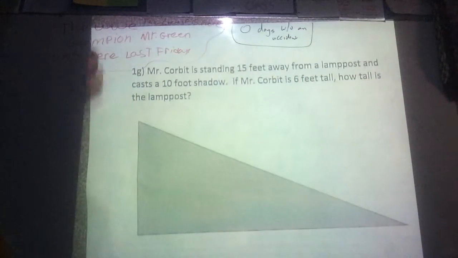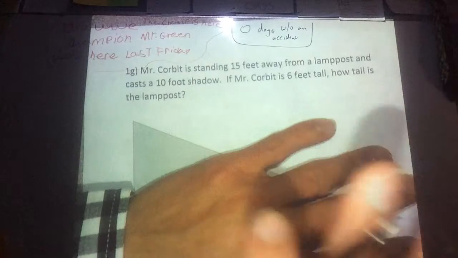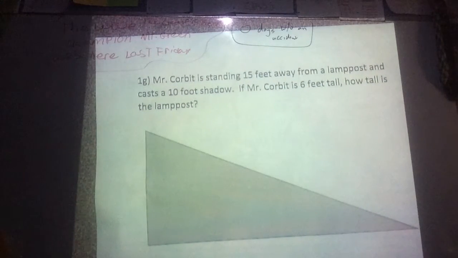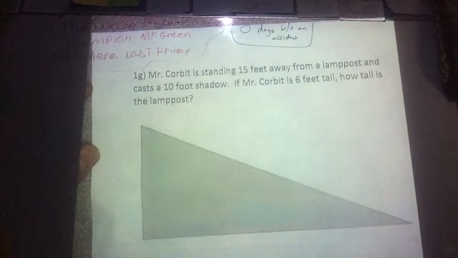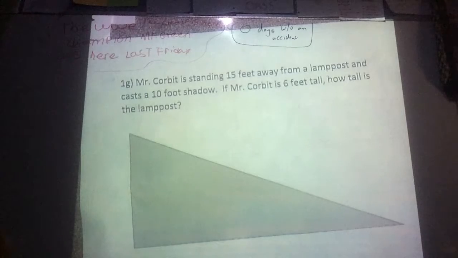Okay, so the first one. Mr. Corbett is standing 15 feet away from a lamppost and casts a 10-foot shadow. I'm putting my hand here because this is for later. If Mr. Corbett is 6 feet tall, how tall is the lamppost? I'm also going to try to speak extra loud so it comes out clearly through the video. The way that we can do this problem is fairly similar to a problem that we did